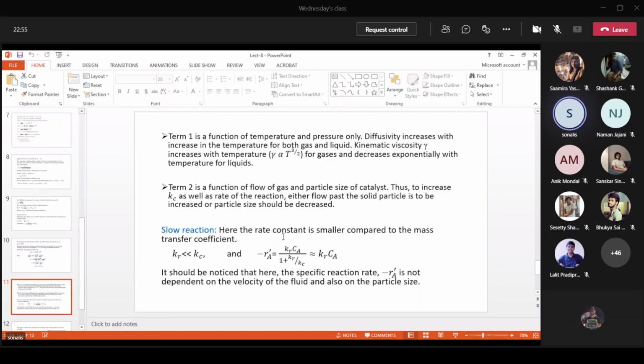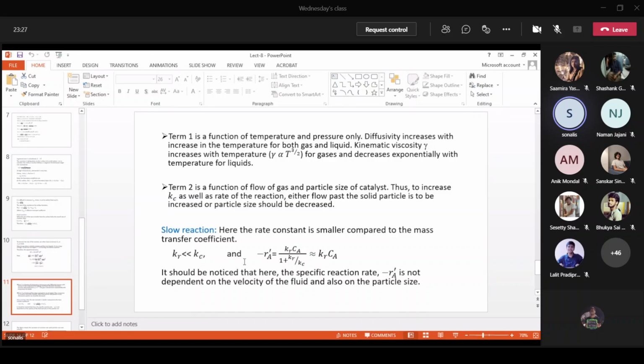Now for a slow reaction, obviously the rate of the reaction is slower than the rate of diffusion. So diffusion is the first step, and the rate of the reaction is the controlling step, as it is slower. So the rate constant is smaller compared to the mass transfer coefficient. As mass transfer is more than the reaction rate, the reaction rate constant is very, very less than the mass transfer